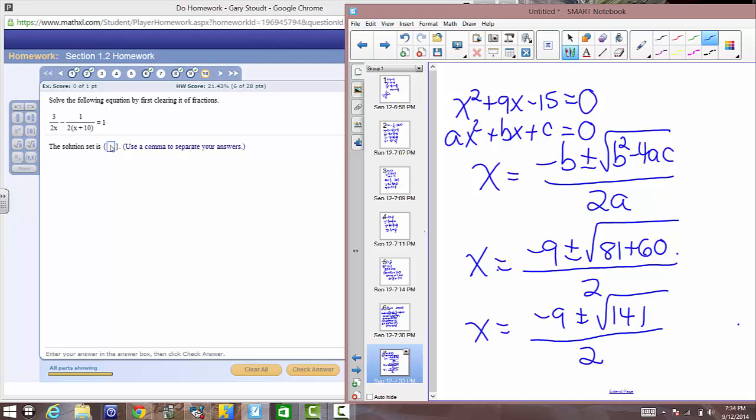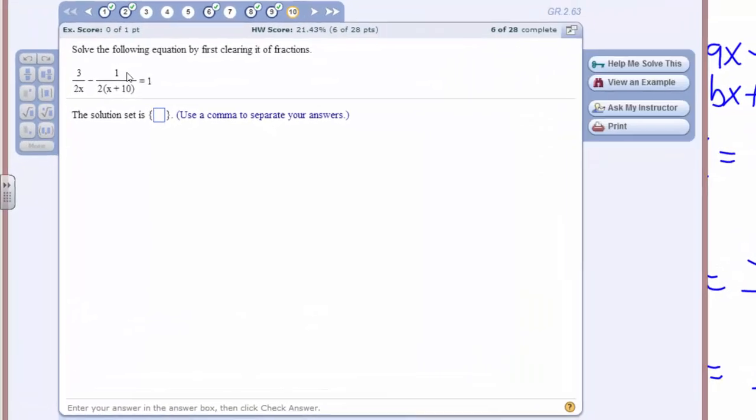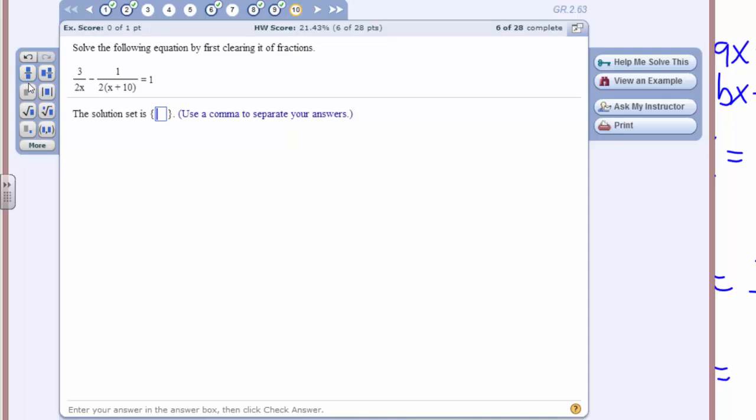Now we can't type our answer in as plus or minus. It's asking for the solution set and it wants us to use a comma to separate our answers. So we'll have to put them in one at a time. Make use of the palettes. So the opposite of 9, we'll do the plus one first. The square root of 141. Tab gets us out of the square root. Tab takes us to the denominator over 2,